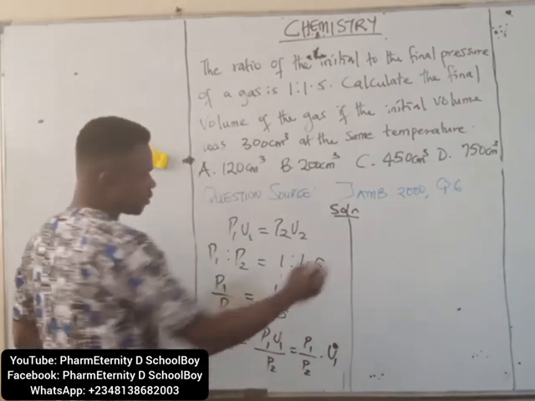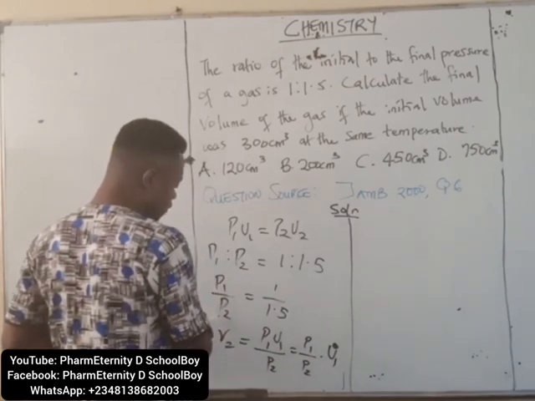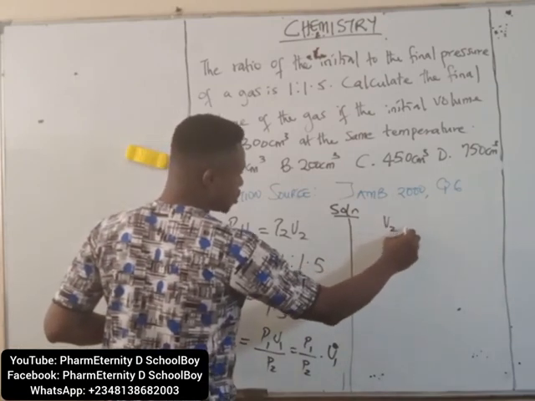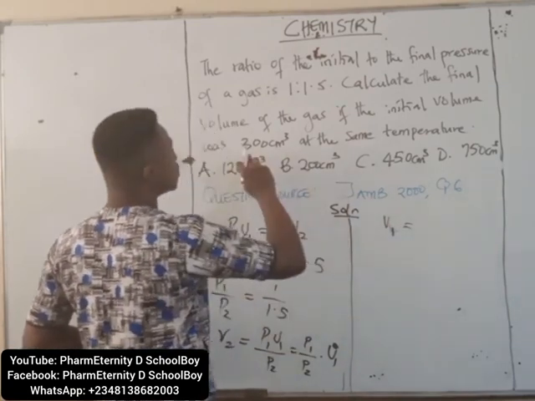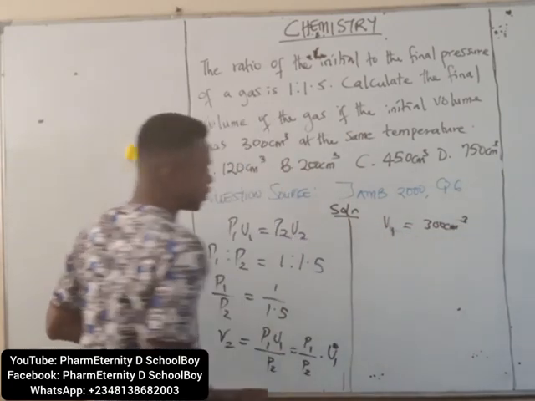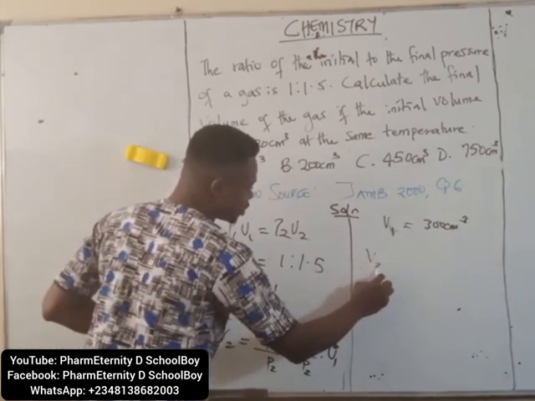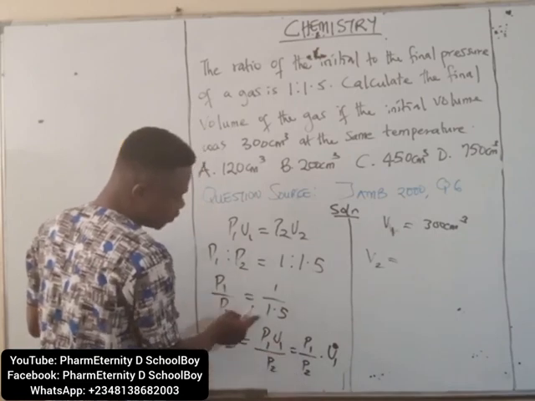Perfect. We have already gotten P1 over P2 to be 1/1.5. V1 is equal to 300 cm3. So fixing into this equation now that V2 is equal to P1 over P2, fixing 1/1.5 here, now we